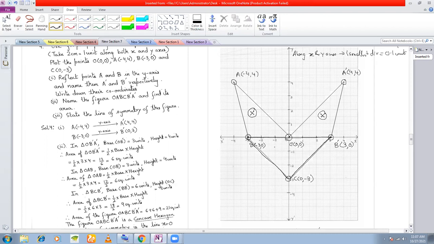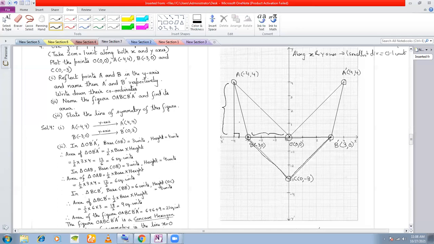Fine. Now, these 2 triangles here, they will have equal area. If I find out one area and multiply it by 2, I'll get the area of both the triangles, right? But the question is how to find out the area of one triangle. So what you do here is, if you drop a perpendicular to the extended base, this will become your height, right? And this one will be your base, right?